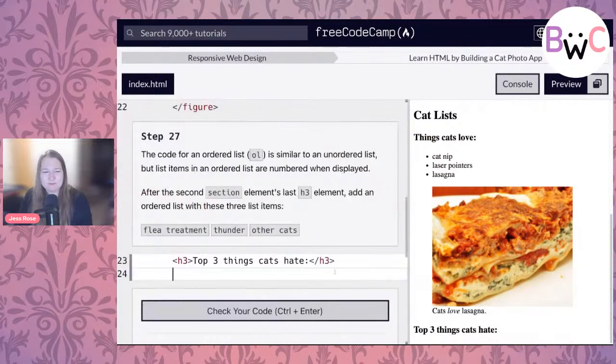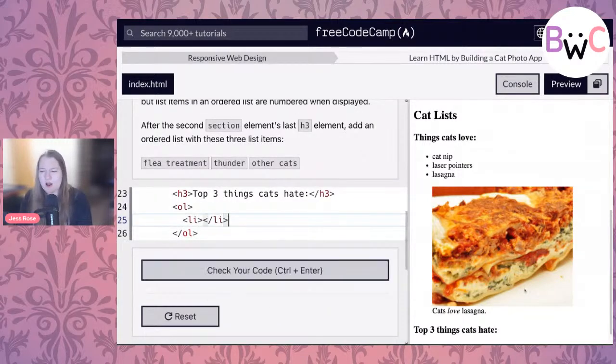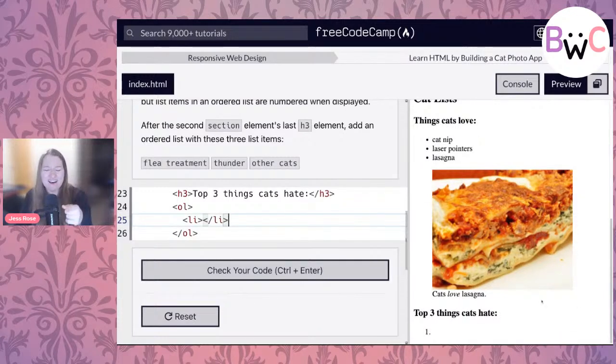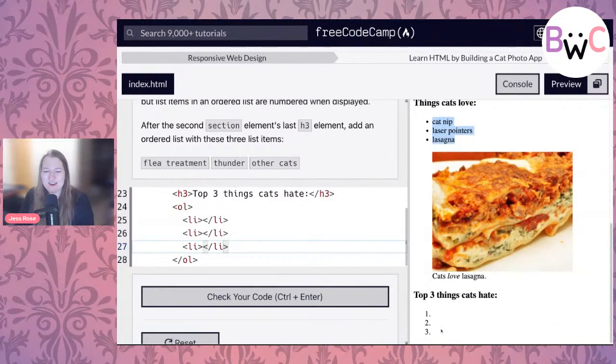Let's come down and let's look at our ordered list as it develops. Okay, we don't see anything happening yet. And the reason is the same reason as last time. Aha, so this is interesting. I'm going to copy you and paste you because a happy developer is a lazy developer. Our unordered list we see here has dots. And here, our still blank ordered list has 1, 2, 3. Ah, it's ordered. So cats hate flea treatment.